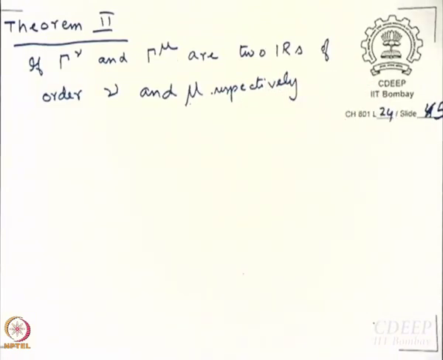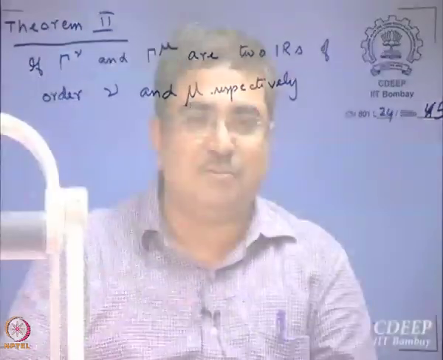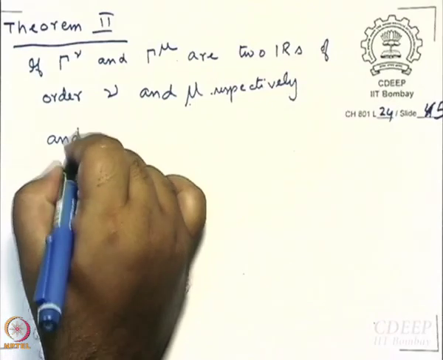And the reason why we take the trouble of writing nu and mu is that we are going to use n for something else. Okay, that is why. And also it looks more serious. So let us say these are two irreducible representations of order nu and mu respectively, and let us